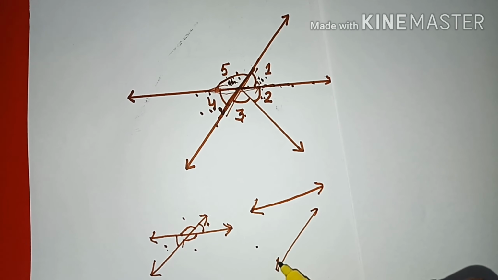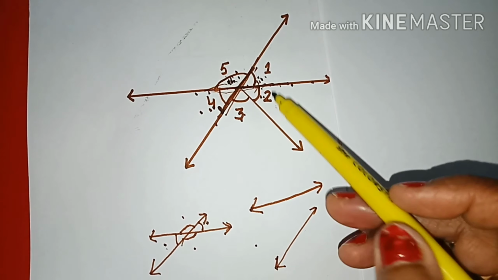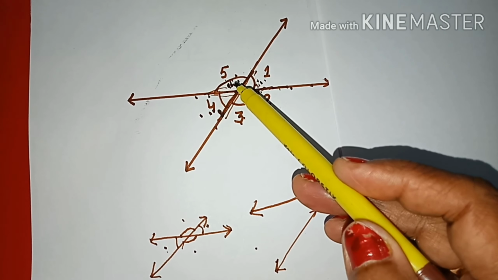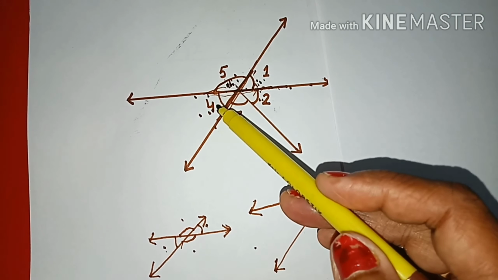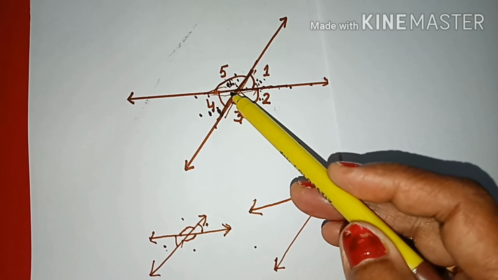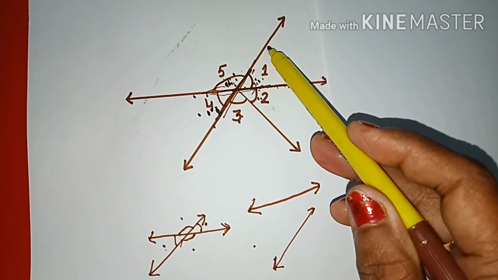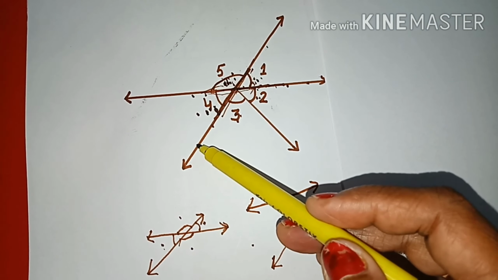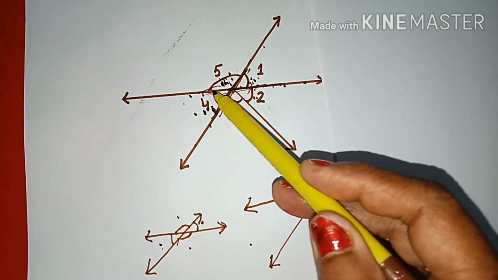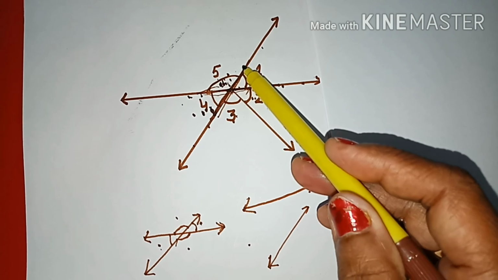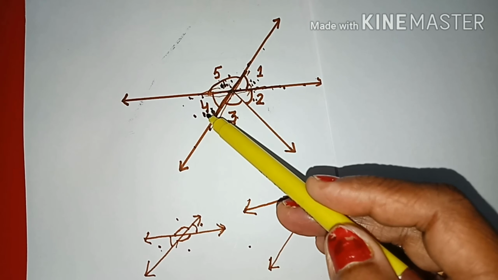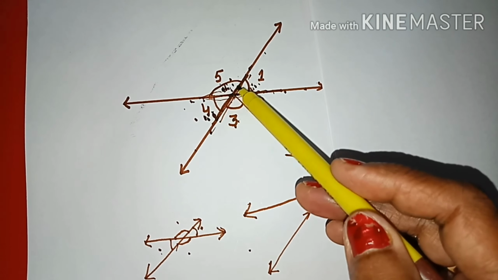This line is a slanting line but this one is straight. So which angles are formed on this line? Angle 5 and angle 4. So angle 5 and angle 4 are also a linear pair, because the non-common sides, this one and this one, are in opposite directions. The common side is this one, and the non-common sides of angle 5 and angle 4 are in opposite directions. So angle 5 and angle 4 are also a linear pair.